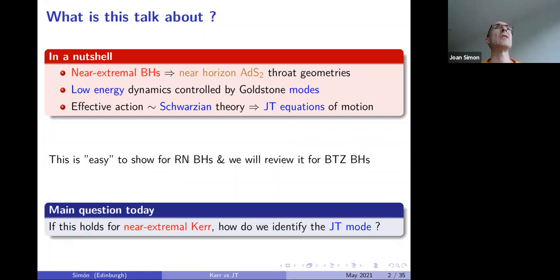Those near-horizon geometries typically have AdS2 throats. This is a theorem